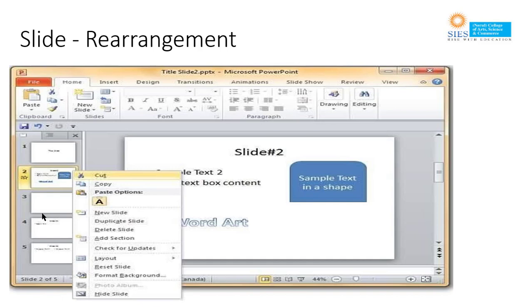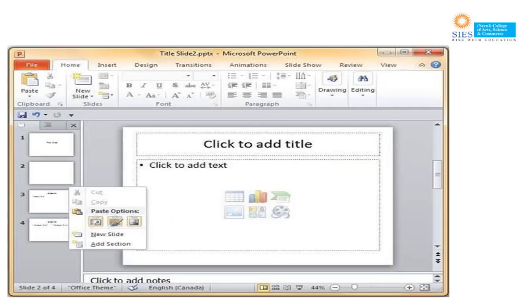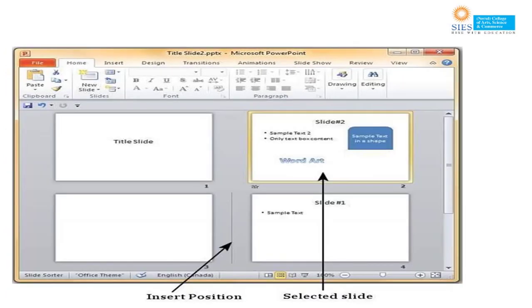And when you get to the right position, release the left click button to insert the slide. Alternatively, you can also cut the selected slide and paste it back in the sequence. So here you can paste it, and automatically it will be placed where you want.